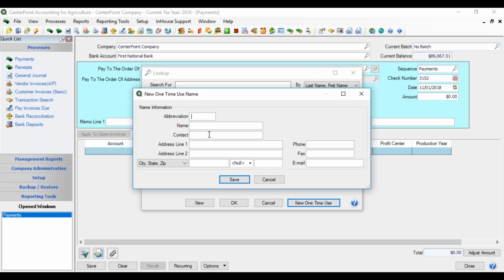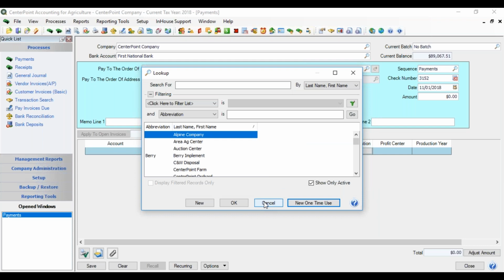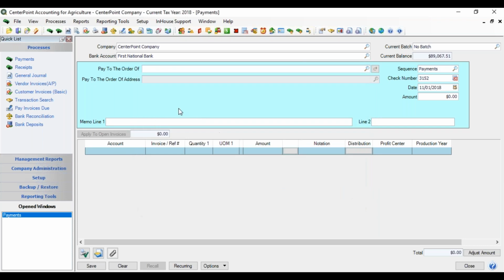and then save that. What happens on a new one-time use name is that name becomes automatically inactive. So it will print, if I'm printing a check, it'll print on this check, but then it won't be on my active list to be on my name list for future reference unless I show all. So I'm going to select a name here. I have a name for all power equipment. So I could either type in all and it would find it, or I could type in power and it